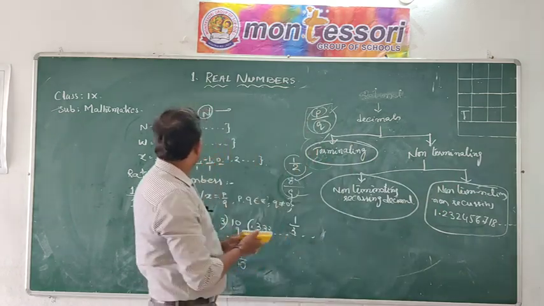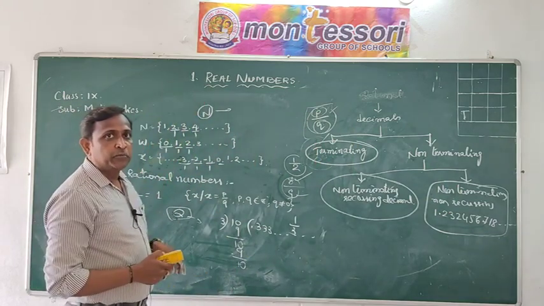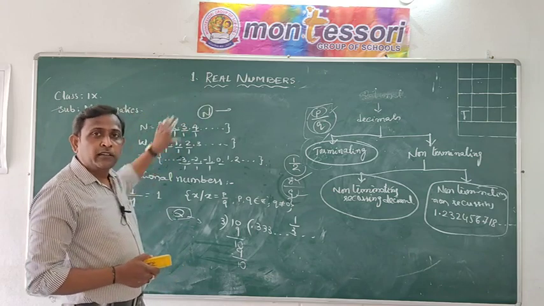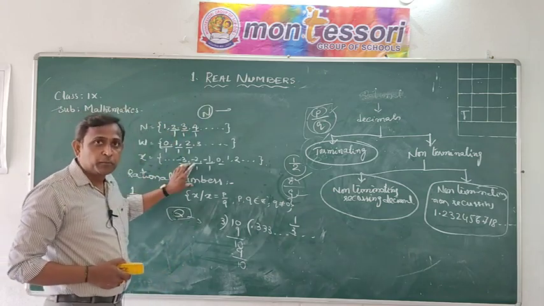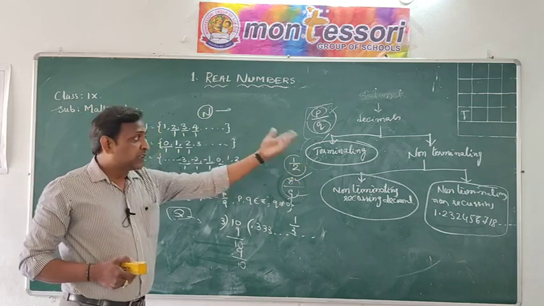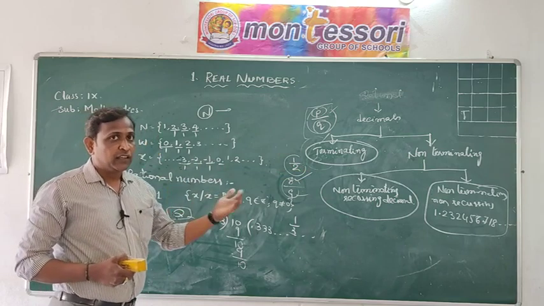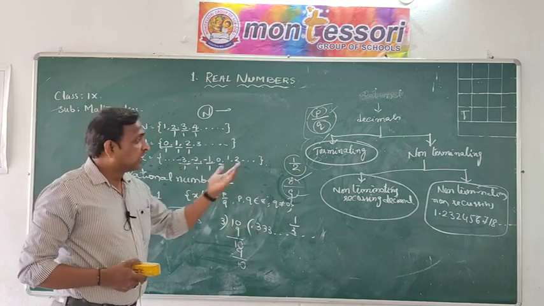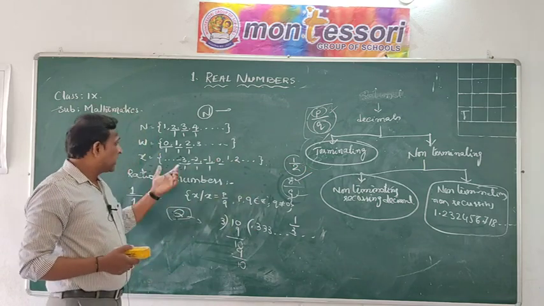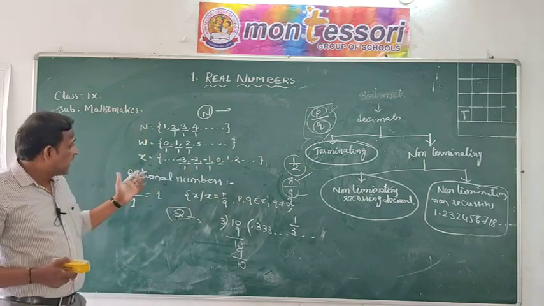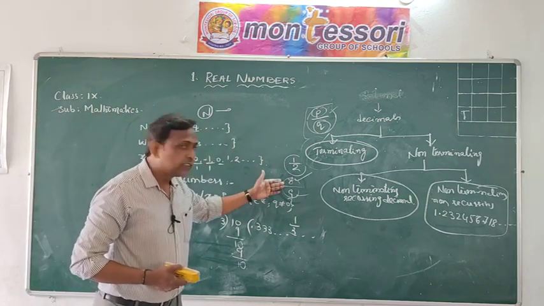Children, just once you see here, we have discussed just the introduction of the real number. As a part of the real number, I have explained only the one topic, that is rational number, and we have to learn more about this non-terminating, non-recurring, that means irrational. In the next class we can discuss about non-terminating, non-recurring decimals also. But you have to remember only the one thing, the definition and the presentation of rational numbers.